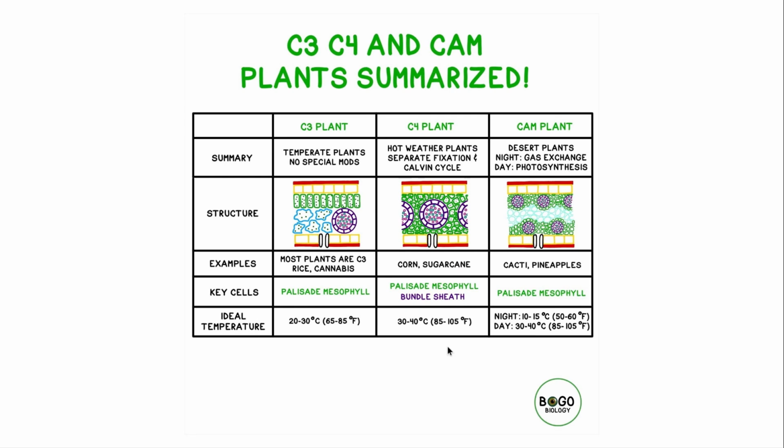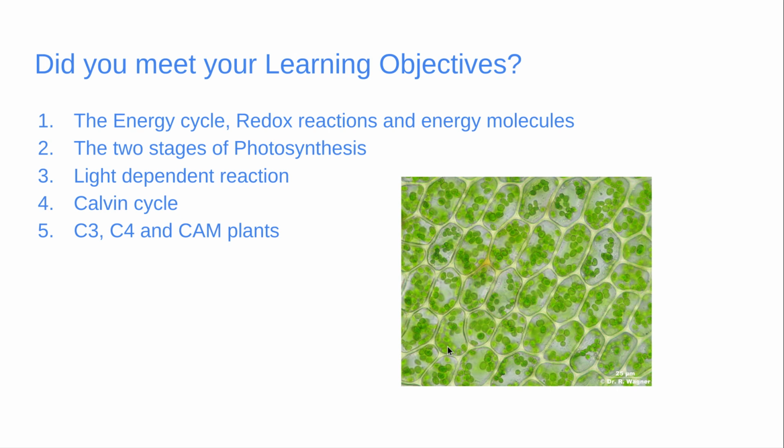Okay. So that's it. Hopefully at this point you're comfortable with the energy cycle, which is how energy from the sun is moved in the form of small molecules, NADH and NADPH and ATP, and all these energy molecules are then broken down to fuel other biochemical reactions. We also saw what reduction versus oxidation is, and we looked at the two different stages of photosynthesis in detail. We looked at how light dependent reactions in photosystem 2 and photosystem 1 take in energy of the sun, using pigments to absorb